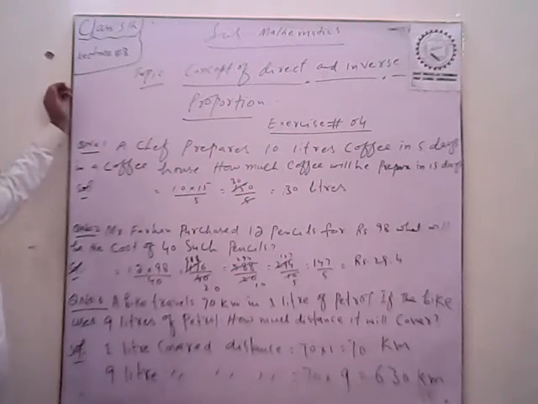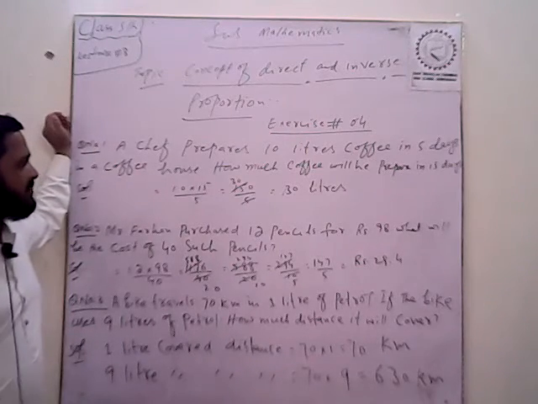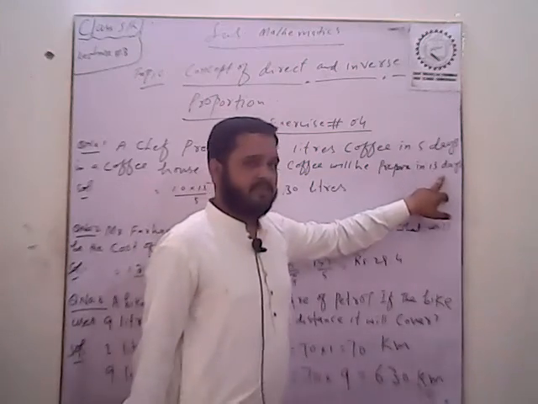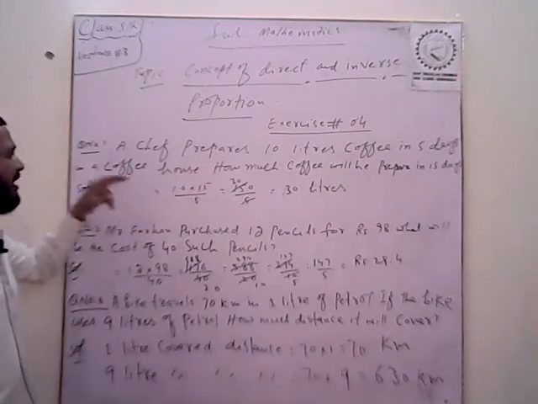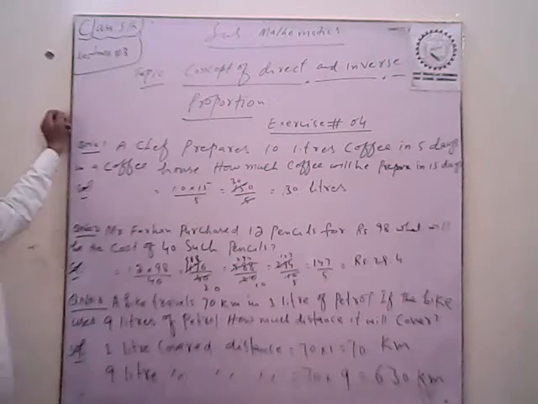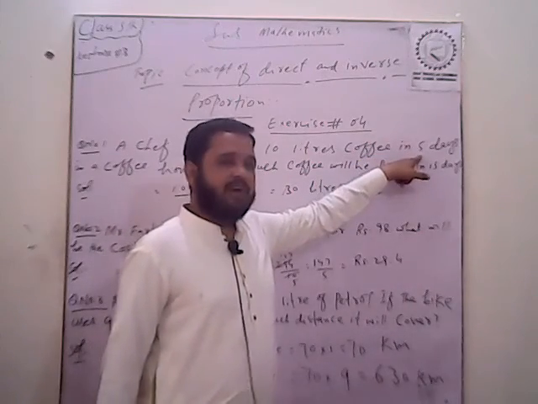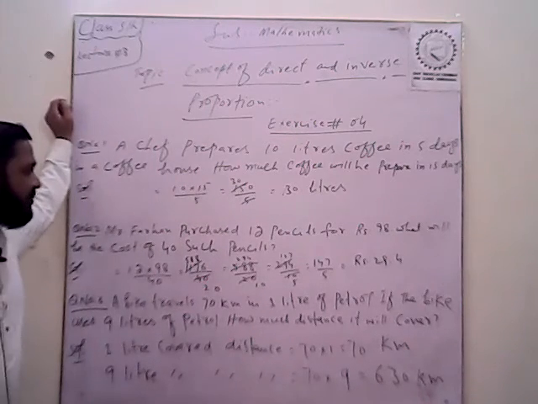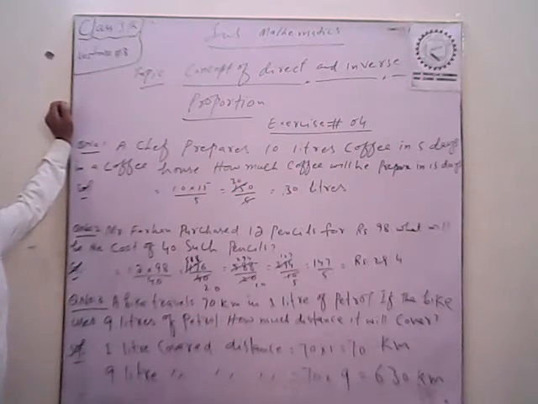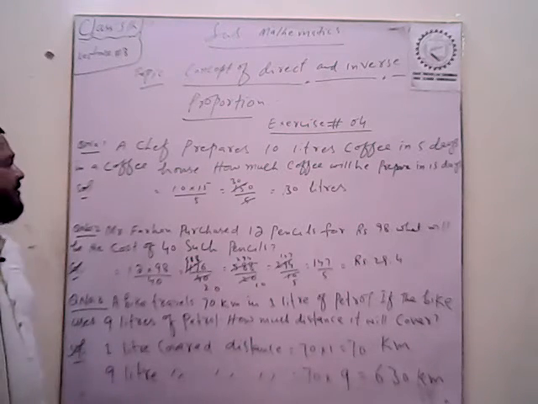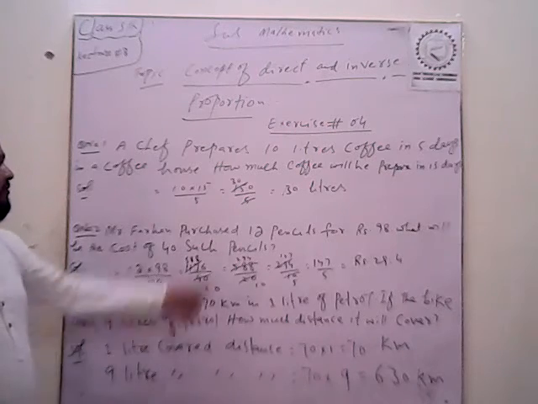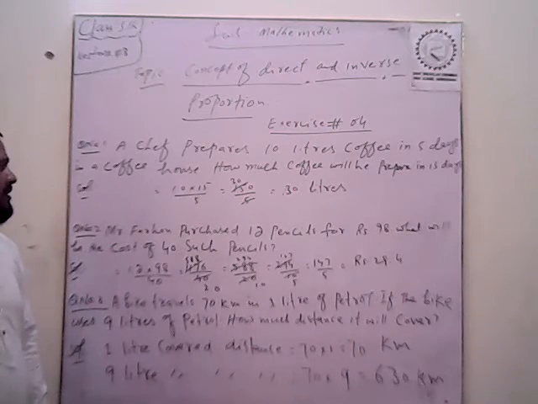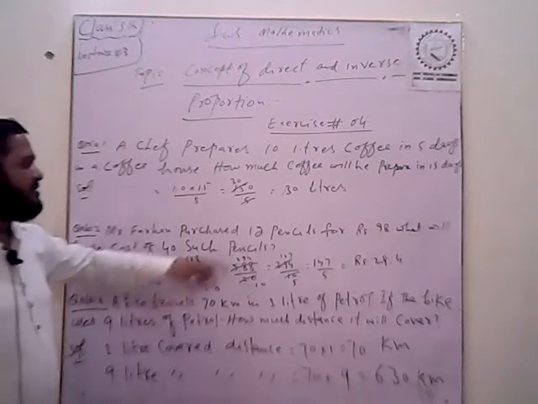So we move to the solution of this question now. Here 10 liters is multiplied by 15 days. We are multiplying 10 liters by 15 days. Then 5 days, here the quantity is 5 days, decreasing it, we divide these quantities. So 10 multiplied by 15 is equal to 150, divided by 5. Now 150 divided by 5 is equal to 10 liters. It is the answer of this question.